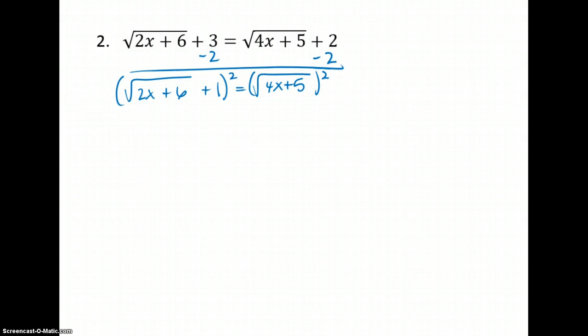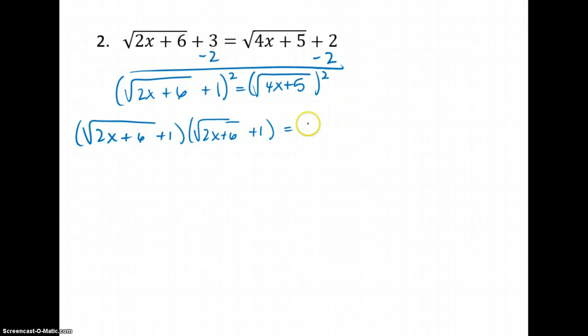On the left, I'm going to have the square root of 2x plus 6 plus 1 times the square root of 2x plus 6 plus 1 equals, square root and squared undo each other, so 4x plus 5. I'm going to FOIL over here, or if I wanted to use the pattern from the first slide, I could. So root 2x plus 6 times root 2x plus 6 is just 2x plus 6